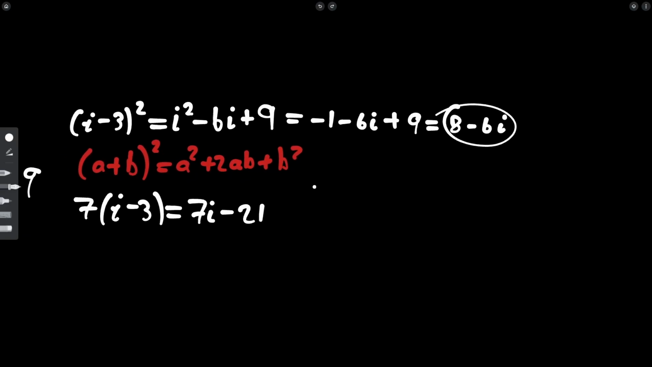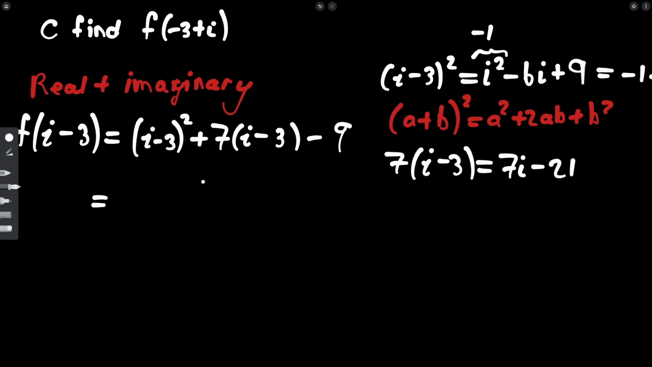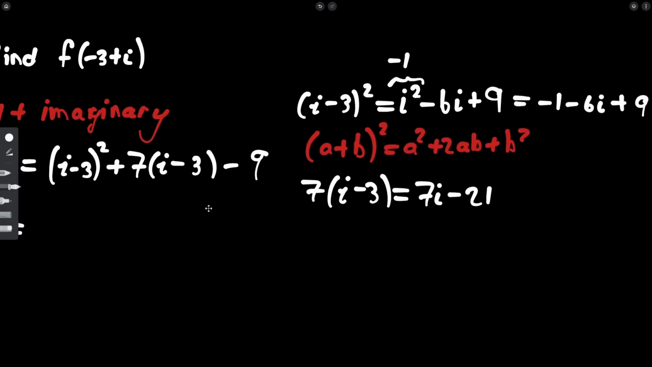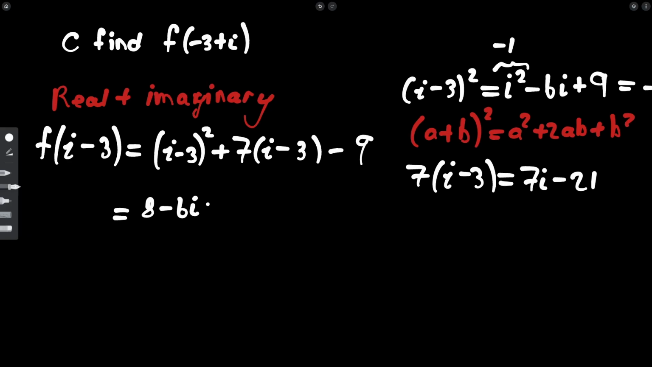If that was a little bit confusing because of the backtrack, I just noticed that I could have simplified this into -1. I plugged it in here, summing -1 and +9, which gives 8, and that -6i stays the same. So here we have 8 minus 6i plus